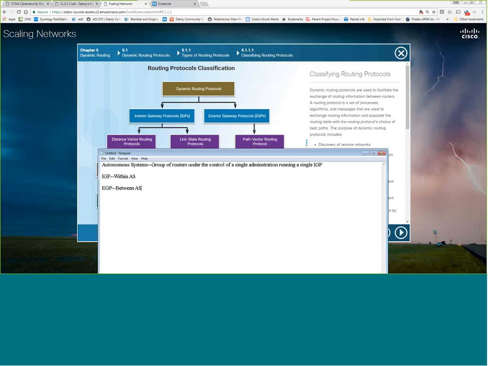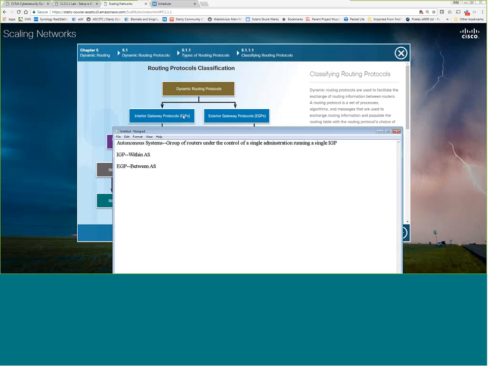There's only one of those. But that's the big difference here. That's how we define an interior gateway protocol versus an exterior gateway protocol. One is within an autonomous system. The other is designed to run between autonomous systems. Or in most cases, the way we look at this is between ISPs or between large networks or possibly networks